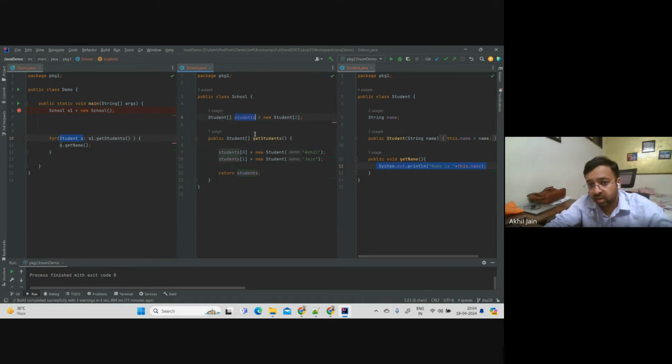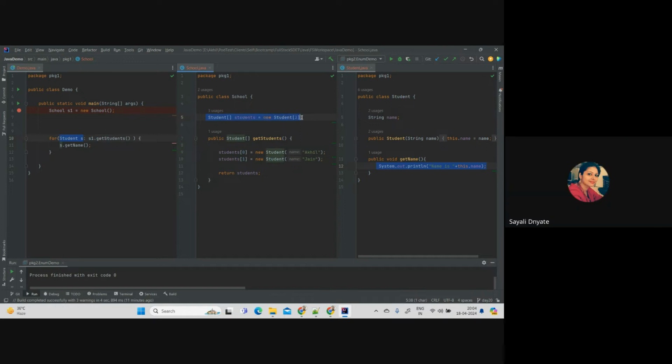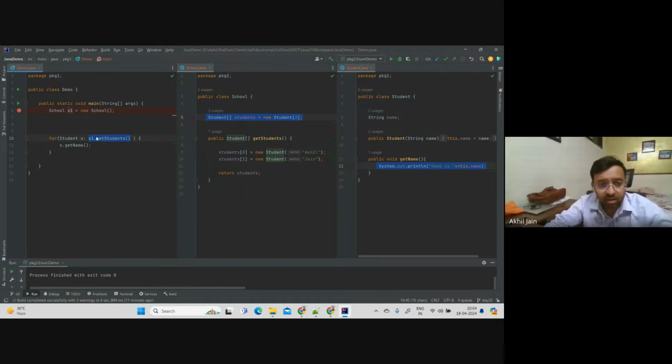Your array of student has two items. One is this item, and the second item is this. You can see the size of the array was 2. But it is just not student. Why s? Why are we declaring that variable s along with it when we already have s1.getStudents? See, on the right-hand side, you say this is my